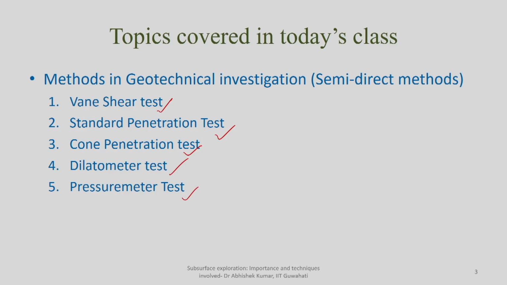So it is recommended that at the site of interest, whenever you are going for any geotechnical investigation, try to explore or validate the finding obtained from one test by another method. These are the list of geotechnical tests which come under semi direct methods, which are generally used for exploration of soil and rock medium at shallower depths. Shallow in the order of 50 to 80 meters, sometimes you can go for more, but not all the tests will be applicable for all depth types.